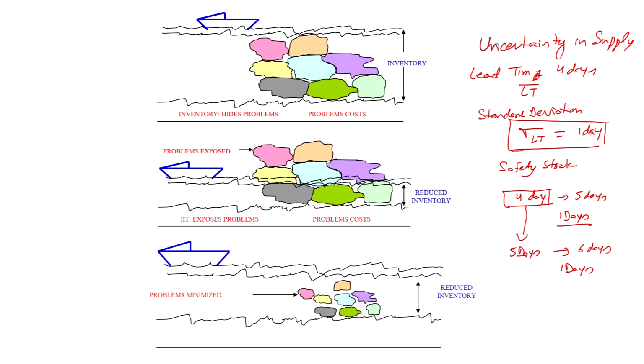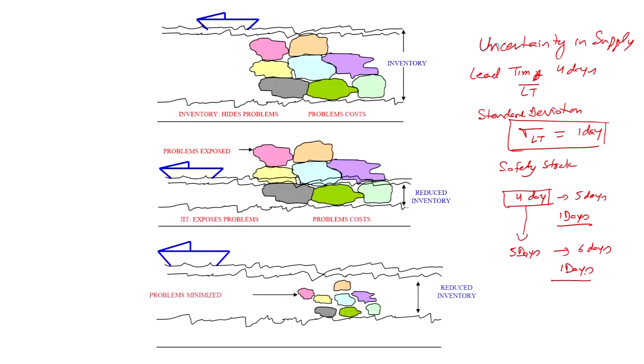But in this case we are finding that lead time is increasing and uncertainty of the lead time is also increasing, forcing you to keep higher inventories. So, that is how we can address this issue, by reducing the inventory, by going to the process where there is uncertainty, deviations or variability, and trying to address that.